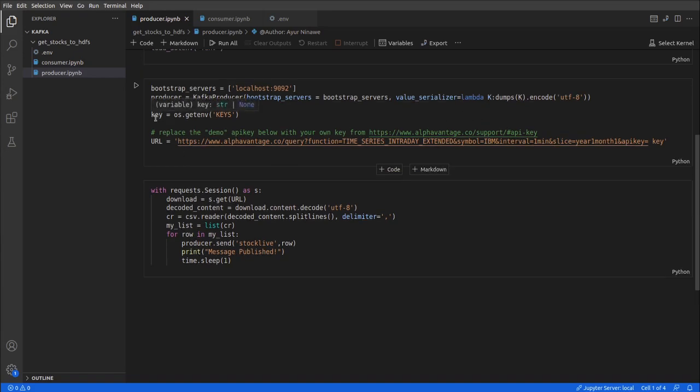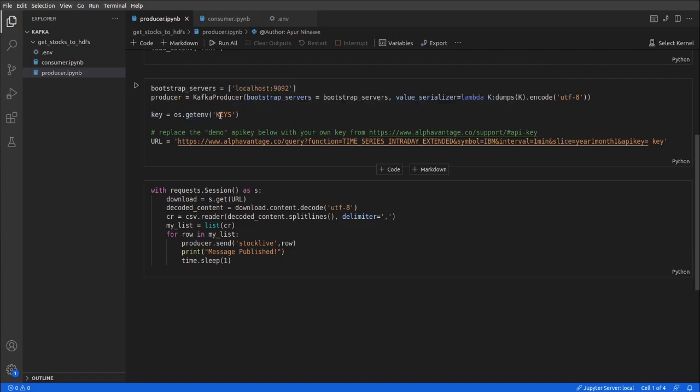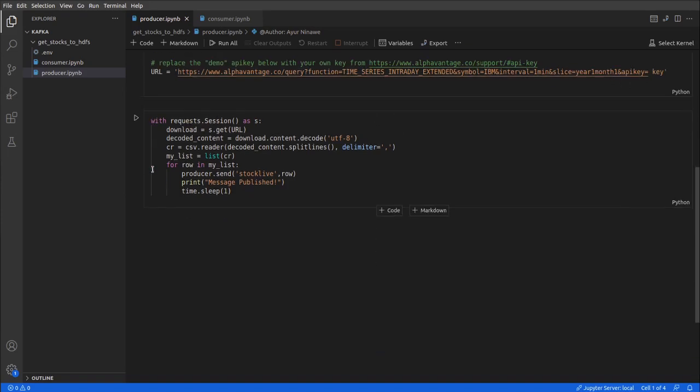And then we have used os.getenv to get our key from this .env file. This is a URL to get the intraday extended stock data for company IBM, and our time interval will be 1 minute, so it will be updated every 1 minute. Then we are passing the key which is saved in this key variable.